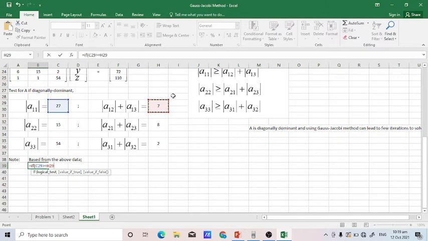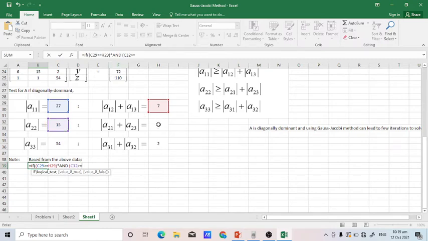Yung absolute value nila, okay? At hindi lang yan, meron pa siyang kasama and itong A22, okay? Pag greater than or equal to then,